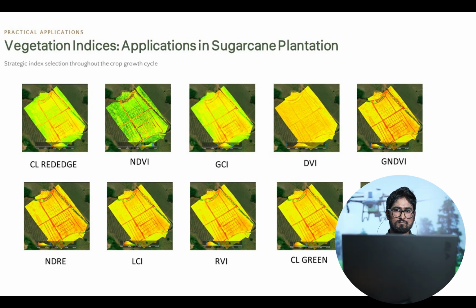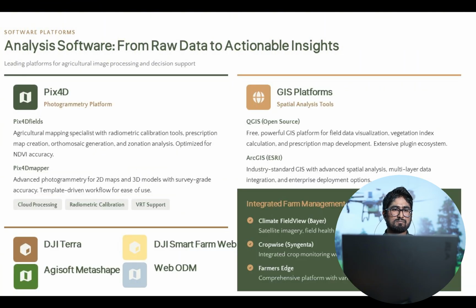These are some real world applications in sugarcane plantations, where I have used this to detect stressors. Here I used 10 vegetation indices like chlorophyll index, NDVI, GCI, DVI and green normalized difference vegetation index to understand different stressor levels in the sugarcane plantations. We can use this type of technology in any crops or any field using multispectral images and software. Using software we can calculate and manually adjust our vegetation indices to get information about particular crop conditions.